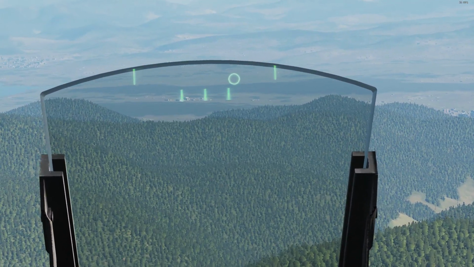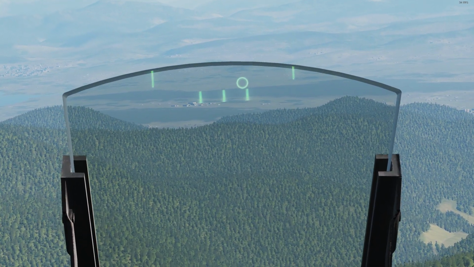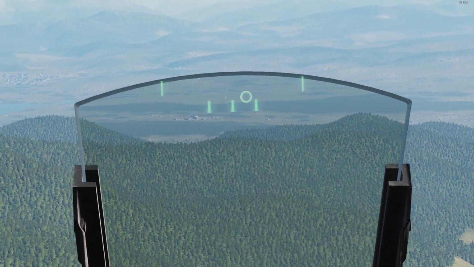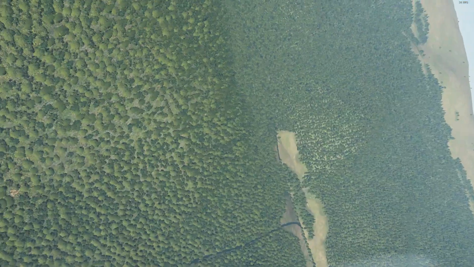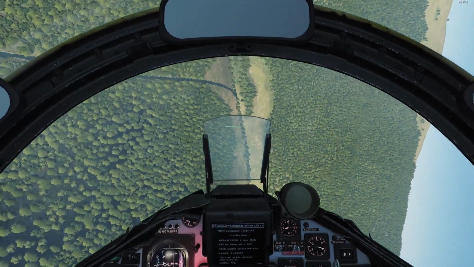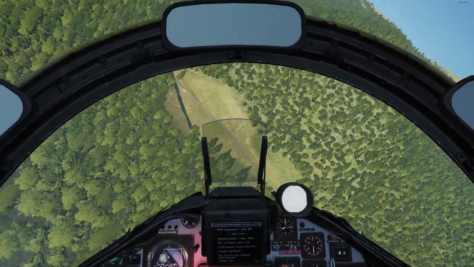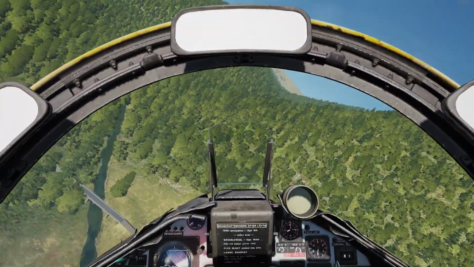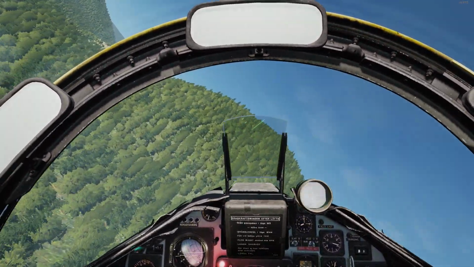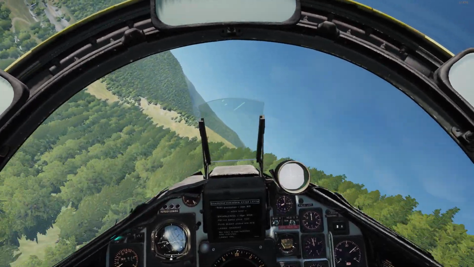Where's that missile launch? There we see his location. Now, even though this is an extremely fast missile, I forget exactly how fast it travels, but it's probably about 3,500 kilometers an hour. It still takes several seconds for it to get to you, so